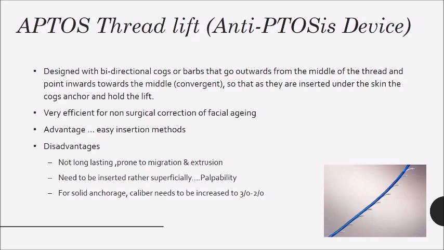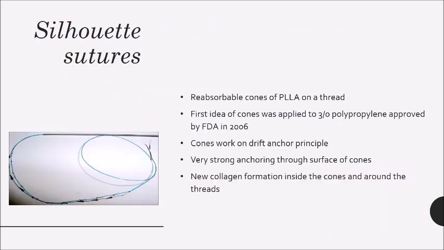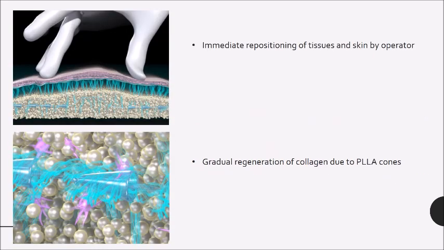Silhouette sutures are basically based on the idea of cones. They have reabsorbable cones of PLLA on a thread. The first idea of cones was applied to 3-0 polypropylene thread, approved by FDA in 2006. They work on the drift anchor principle, as I explained earlier. They've got very strong anchoring through the surface of the cones, and new collagen formation occurs around the cones. Cone threads